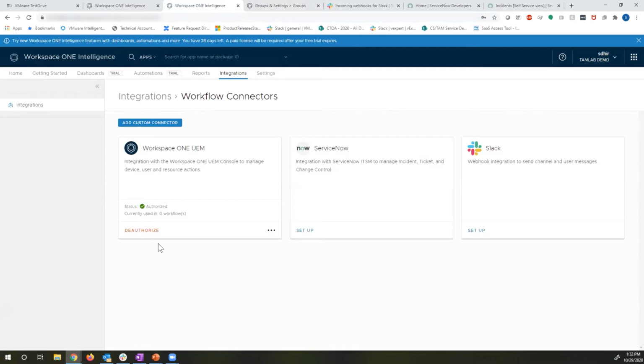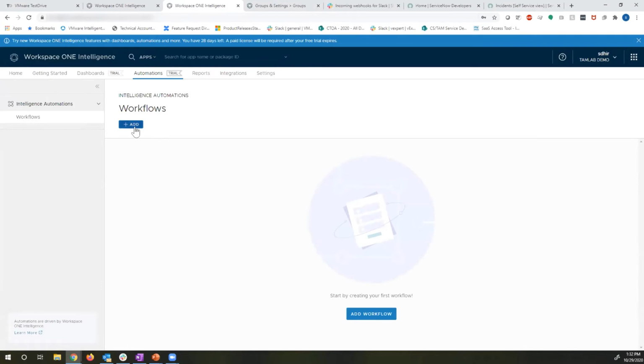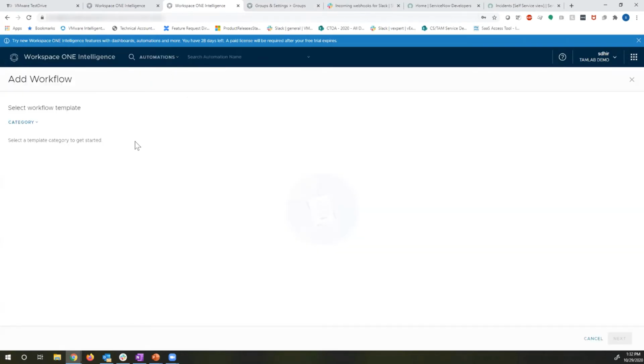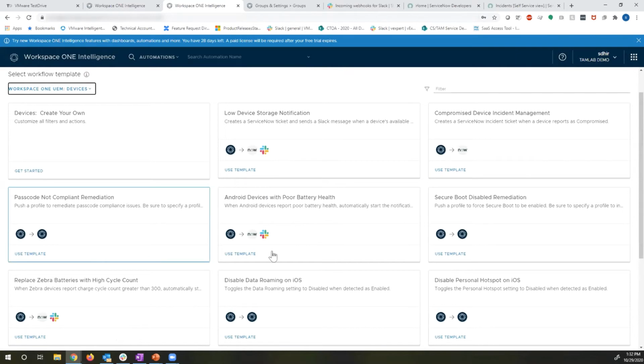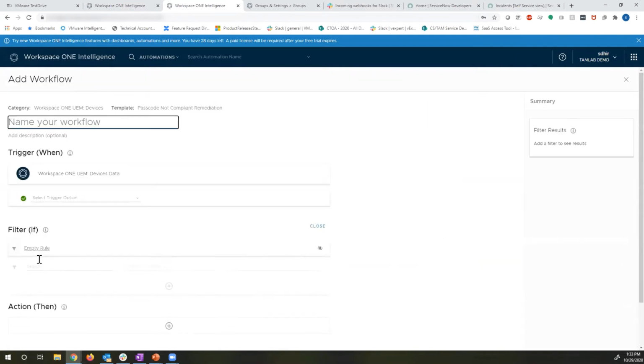Okay. So now, as you can see, it says the status is authorized. So currently used in 0 workflows. So now we're going to go ahead and create a workflow here. That means the automation. Because we have the Workspace One UEM connector integrated correctly, now we do have the option of going ahead and creating an automation. We can create our own, or there are certain pre-created templates here available right now. So I'm just going to use the passcode not compliant